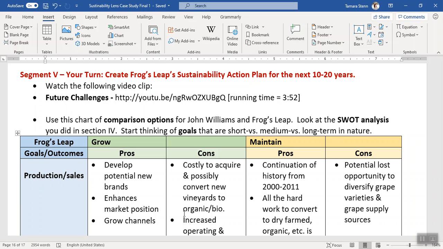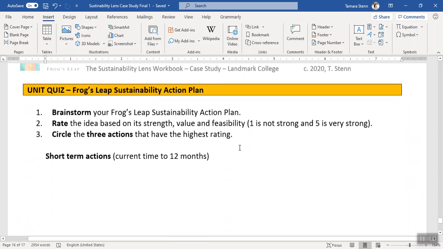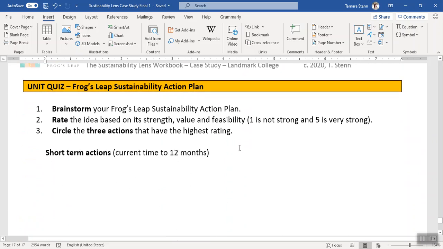So one of the things that we noticed when we first opened up this case study was the idea that it was based on a 50-year plan. It wasn't something like, how am I going to make money right now? Or what am I going to do in the next 5 years? It was really based on a long-term situation. But in order to have a long-term plan, you need to be able to make short-term decisions and take medium-term steps. So that takes us over here in our workbook